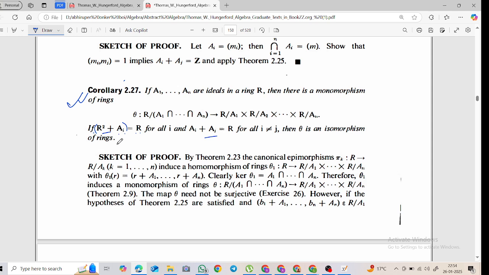Just give me a minute. Let me figure out the notation. I mean, I have been ignoring it, but